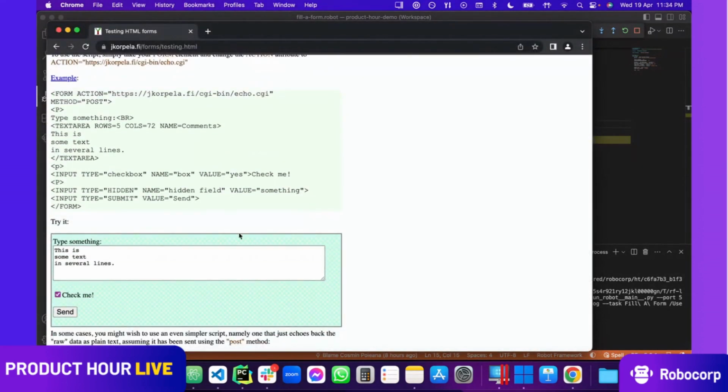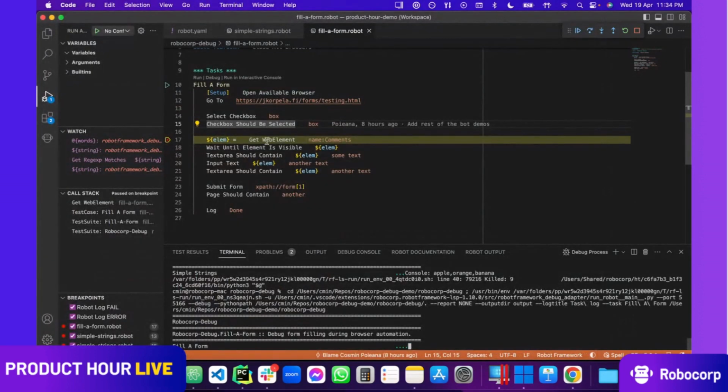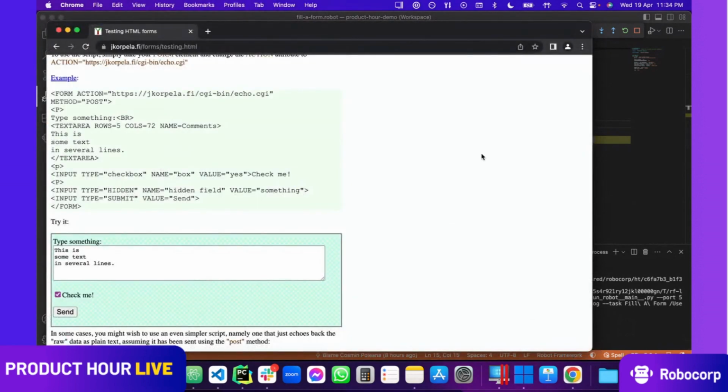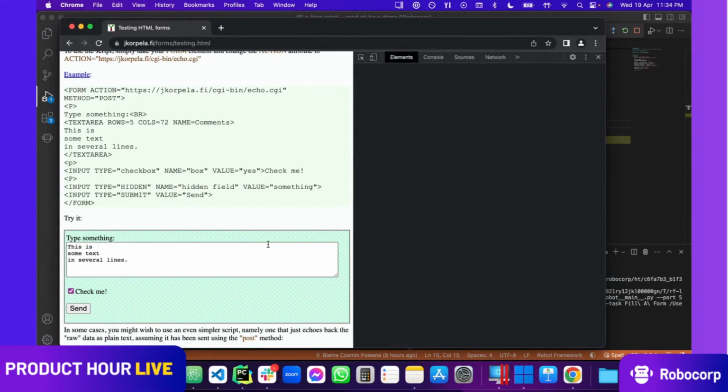And as you can see, this is the form I was talking about. The checkbox is checked. And it stopped right here because I'm not very sure what would be happening next, or maybe I need some extra help. You can use the inspector in VS Code, but that's a whole different discussion. Or you can just open the developer tools with Command-Shift-C. I'll be pressing that now.